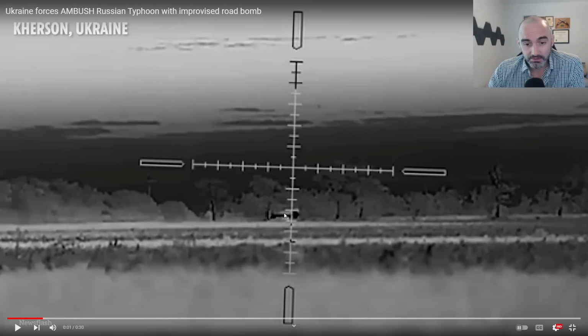Well, once it's stopped or slowed down inside the kill zone, designated by the two upright tree trunks, you would detonate the IED, and it wouldn't be a big deal if there was a 1, maybe 2 second delay. If you want an instantaneous IED, two ways to do that. First were pressure plates. Pressure plate IEDs were when the vehicle would drive over a metal plate, it would compress a spring, and the plate would contact another metal plate, completing a circuit,